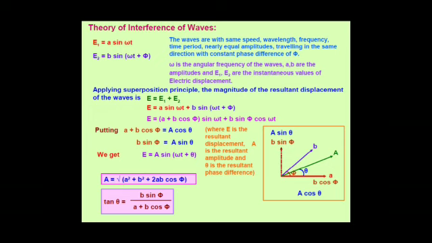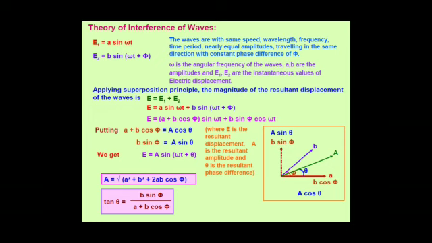To understand constructive and destructive interference or superimposition, let's consider two waves with amplitudes A and B and a constant phase difference of phi. E1 is our first wave, which is equal to A sin omega t. E2 is our second wave, which is equal to B sin (omega t plus phi). The phase difference between the two is phi and their amplitudes are A and B. They superimpose to form the resultant wave E with its amplitude capital A.